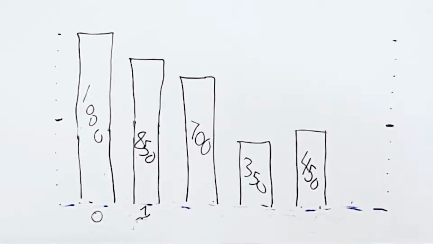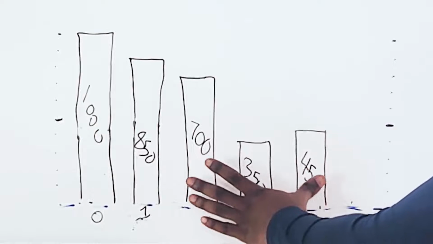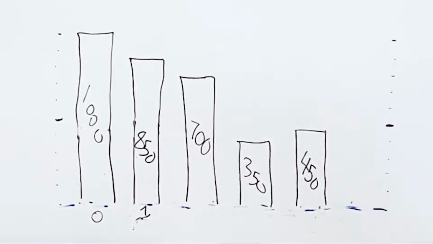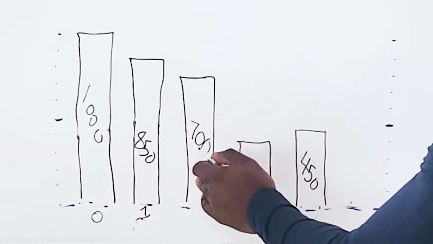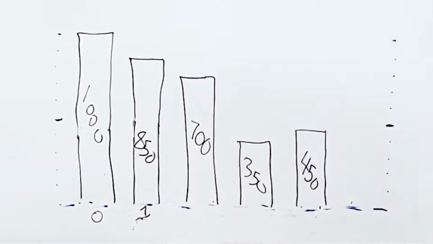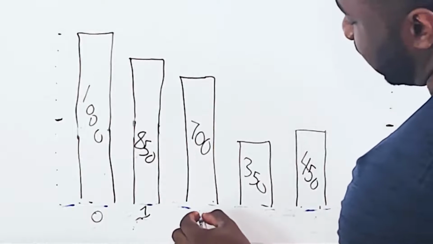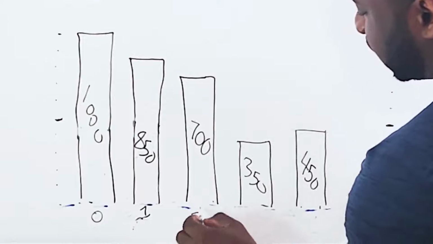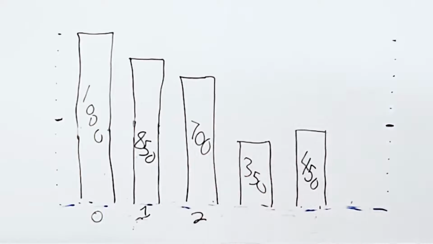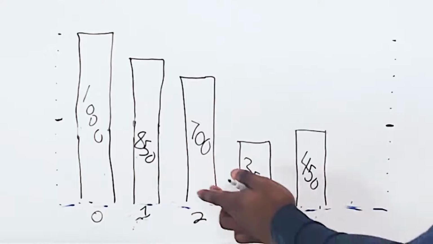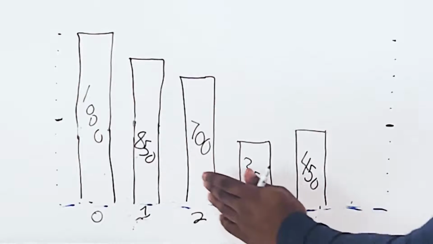So now what we're going to do is identify for the remaining items which one is the largest. And for these remaining items here, we know that 700 is the largest. So we're going to swap that with whatever is at our next index position, which is 2. But since we're swapping this 700 with itself, we don't need to really move anything,